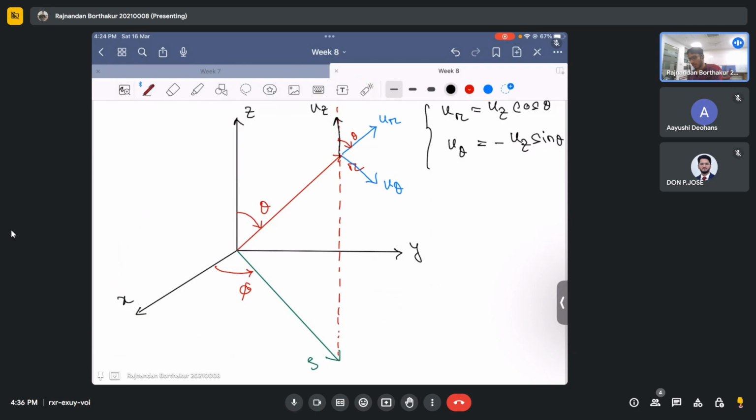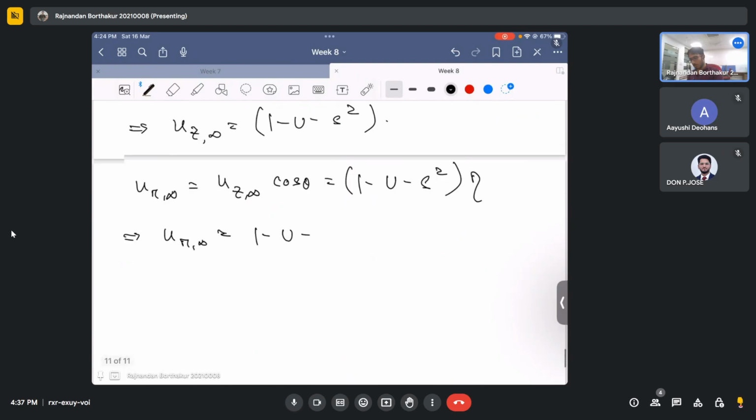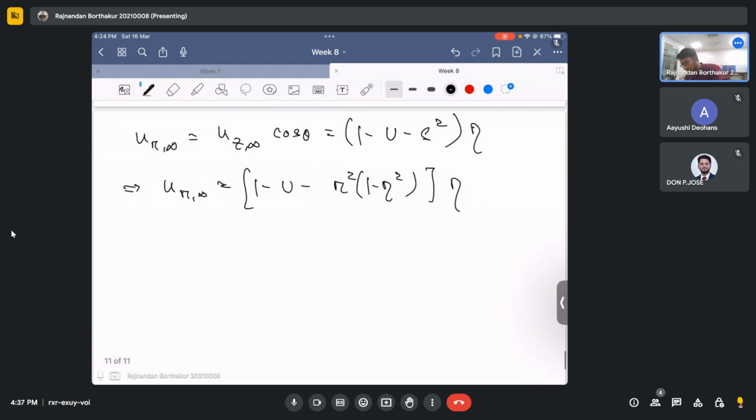So what is rho in terms of r and eta? R sin theta. Yeah, exactly. R sin theta, it is r times square root of 1 minus eta square, because sin theta is just square root of 1 minus eta square. Which means rho square would be just r square times 1 minus eta square. And then this is again multiplied with this eta. So this means that this